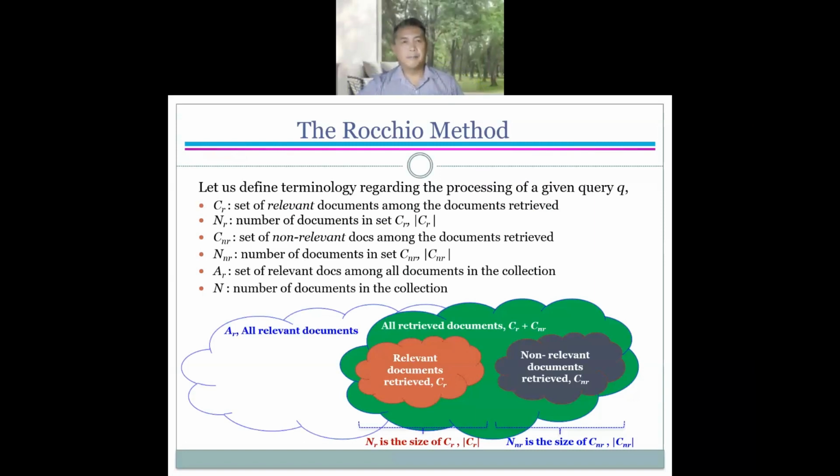Okay, so the objective of the search engine is that, if possible, they want to get all the relevant documents, but due to the complexity of the idea, the concept, and also how to get a better one, we may not be able to retrieve all the documents that we have. Okay, so this is the term that we use in order to define the